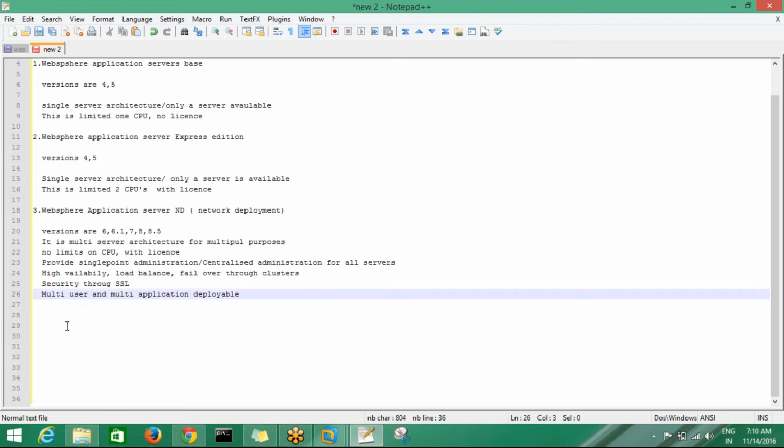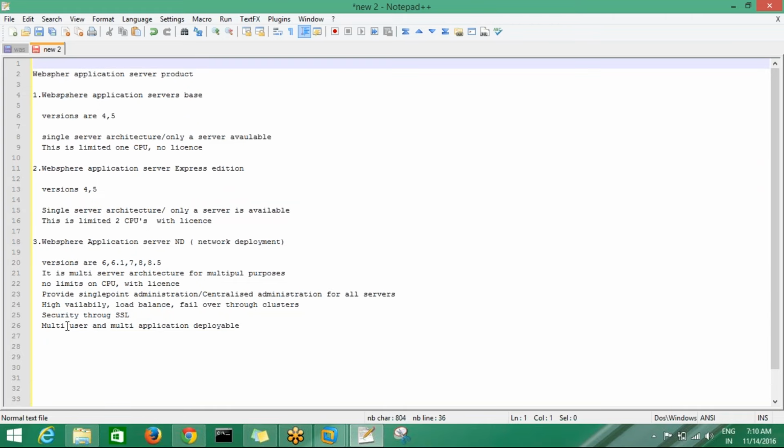So these are all the releases till now. The product releases started from versions 4 and 5 at that time. That is the base version. The product name is WebSphere application server base, and the versions are 4 and 5.